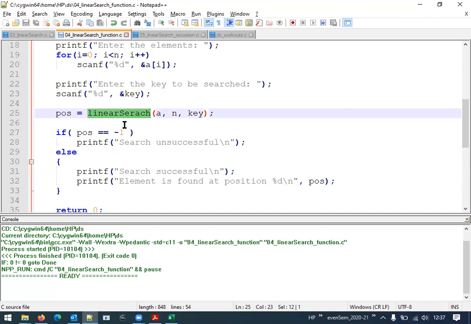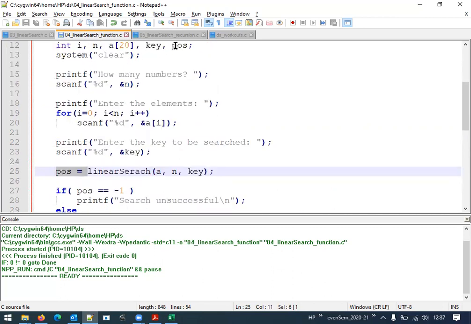Once linear search performs its task, it is going to return some value. That value is of type integer. So here we have taken one more variable by the name POS, which we can call position. If the element is present, this position will have the index of that particular key element which we are searching for.